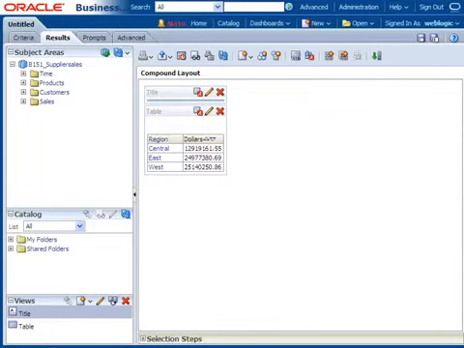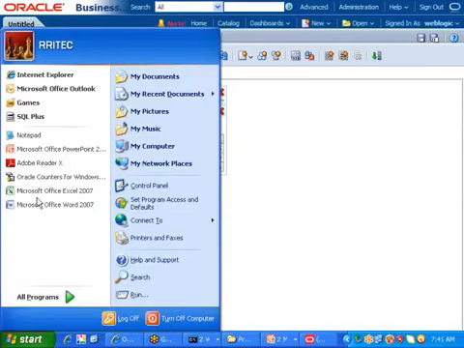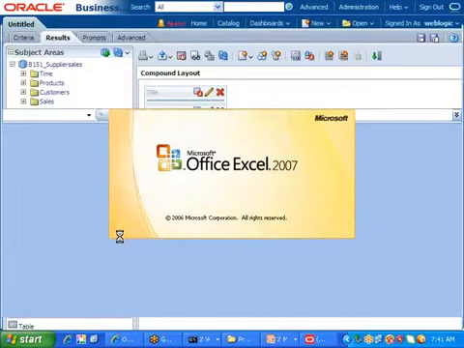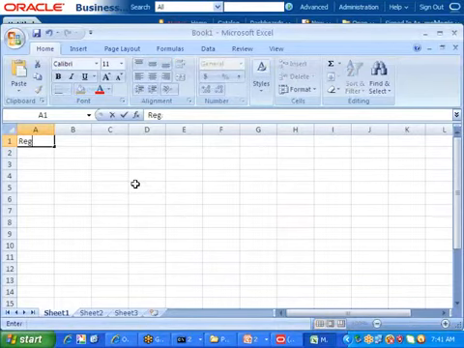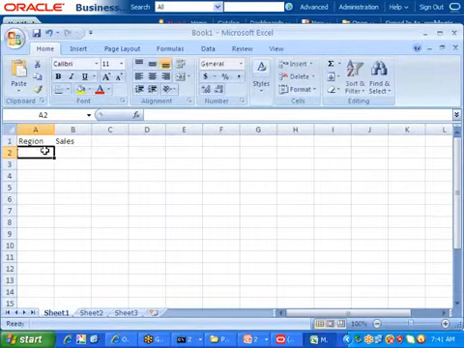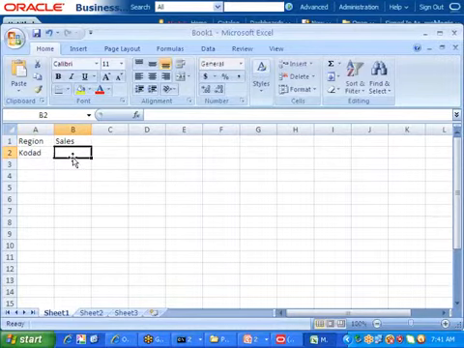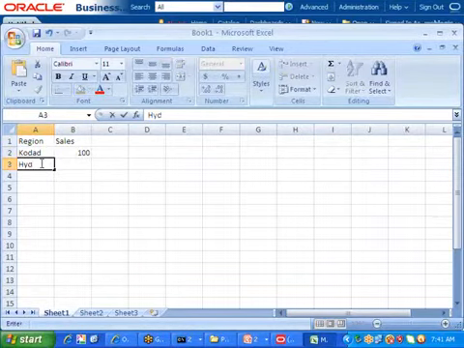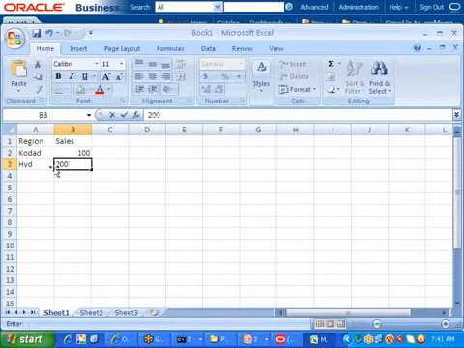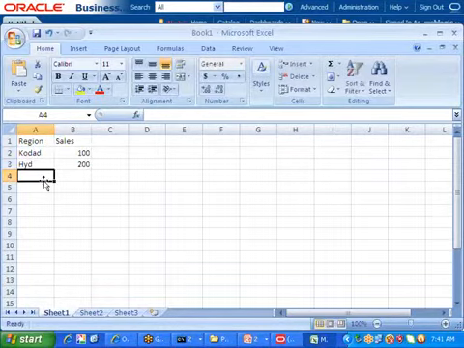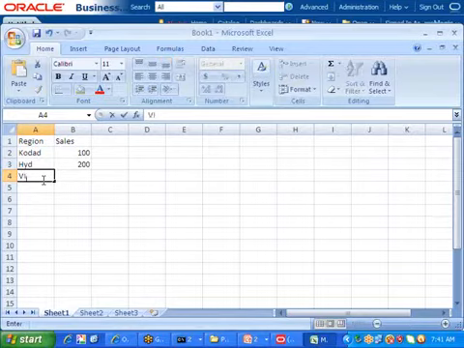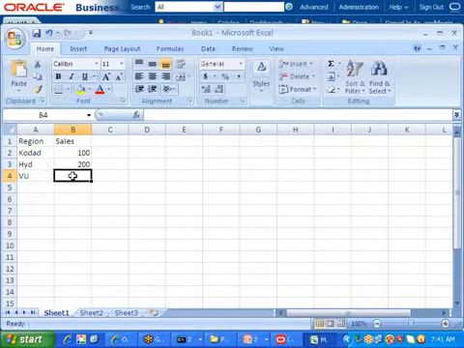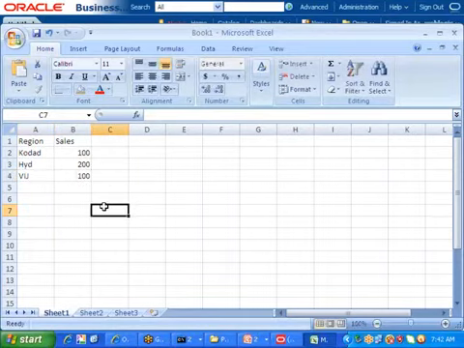Now if I ask what is the percentage of this one, how to calculate, sir? Let me give simple numbers so that you will know clearly. I am going to the Excel sheet. This is, let us say, my region. This is my sales. My region is, let us say, my village, Kodada, and my sales is, let us say, 100 rupees. This is Hyderabad, and this is 200 rupees. Next one is Vijayawada, and this sales is one more 100 rupees. Like this, I have given the data.